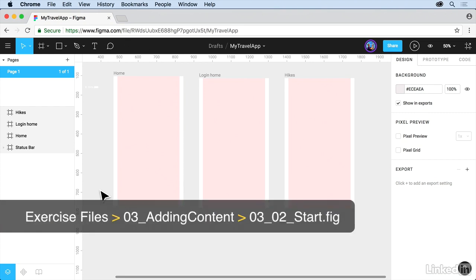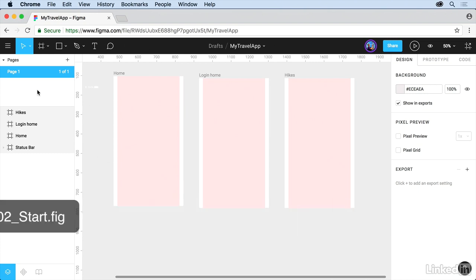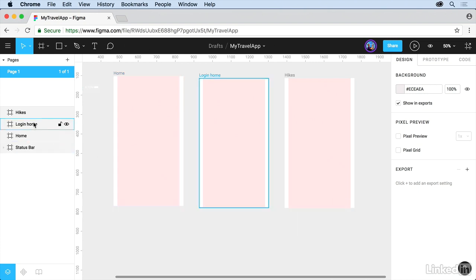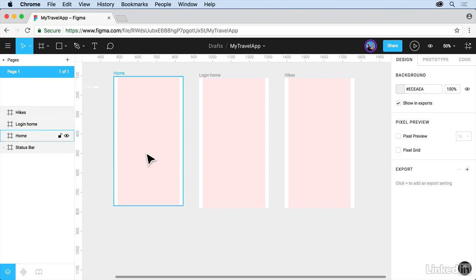With your travel app open in here, you should see on the left-hand side that we have the layers of the content in the document, which includes things like the frames that we've created, as well as the content we pasted in. And we'll have pages up here. If you don't see pages, what you can do is click on the arrow to the left of page 1. Now, your pages, like I said, you can create a lot of them. In other words, you can create one for the Android, one for the iOS.